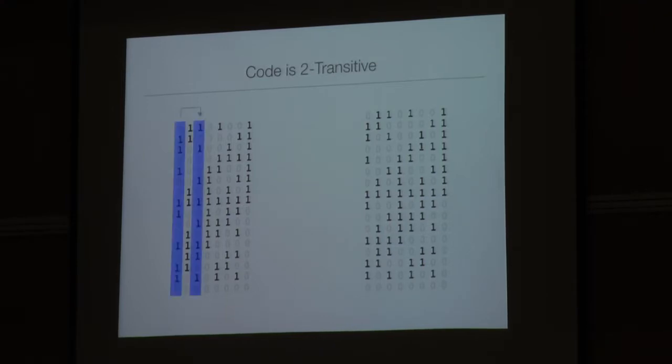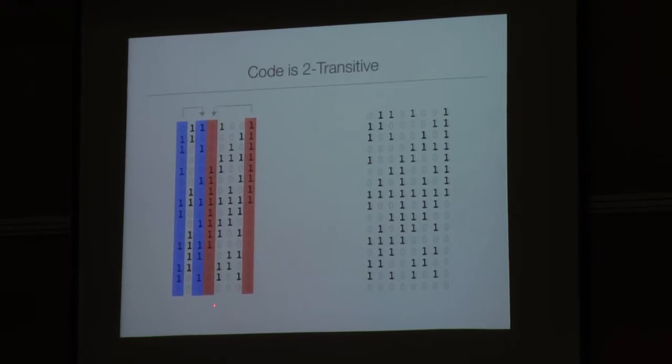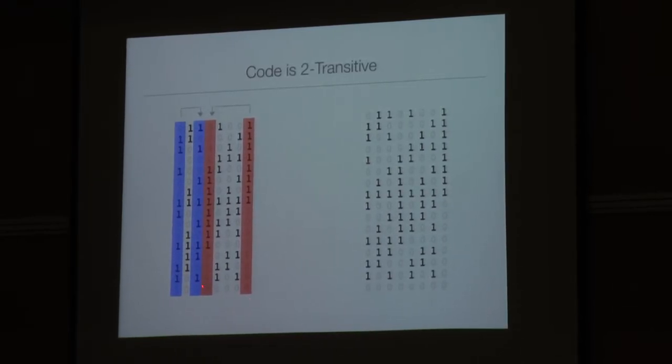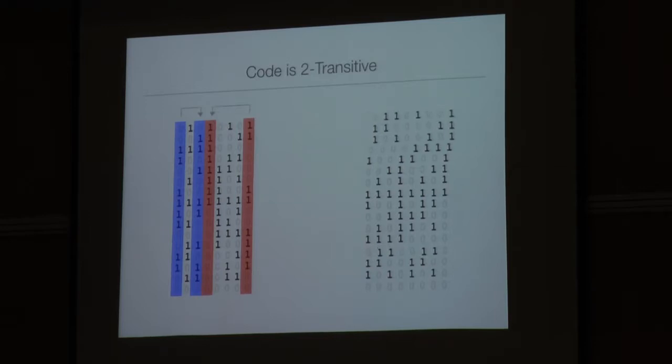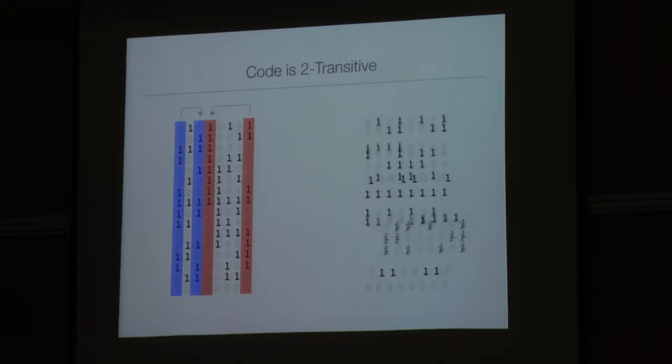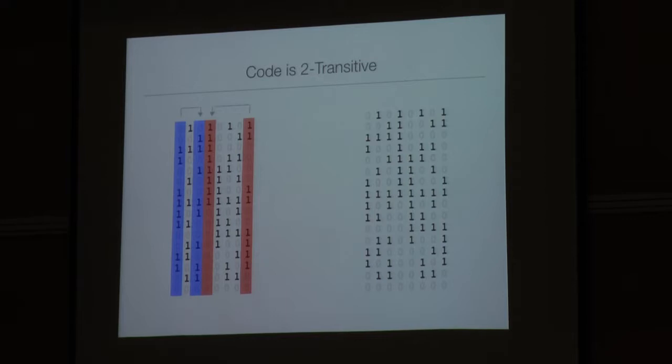2 transitive simply means that now I can ask you 2 requirements. And of course, I cannot ask that i goes to j and k goes to j, right? But as long as I do this, that these are compatible, right? So for example, I ask here that 1 goes to 3, and I ask that 8 goes to 4. Okay, and so now there must exist a permutation, right? So this goes here, and again there must be some permutation of the rows, and the code stays invariant under this permutation. Okay,